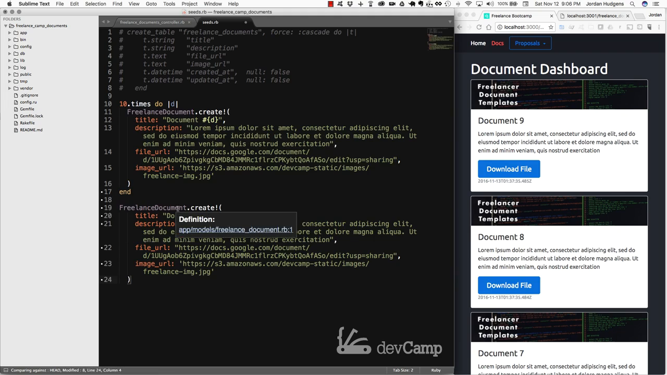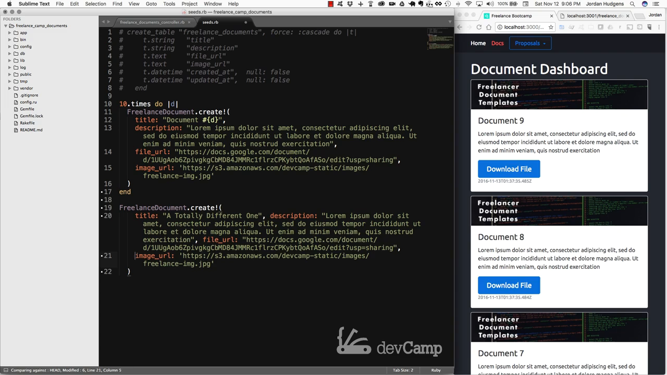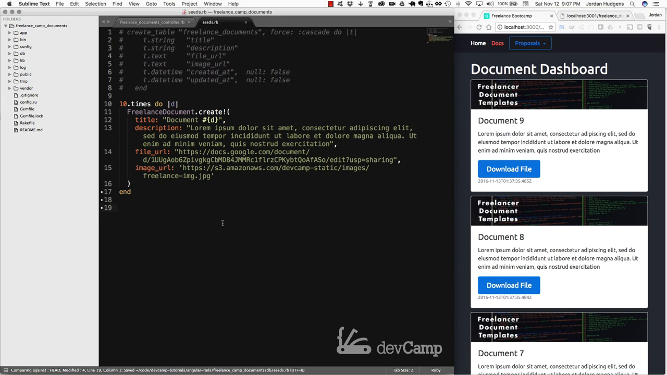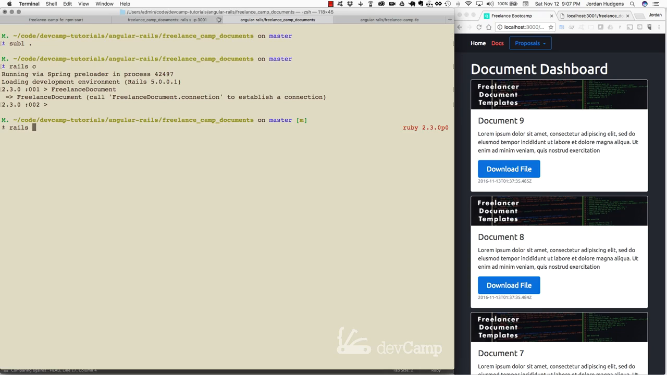So here I have freelance document and I want to create one, and this one's going to be a totally different one. I can keep the description, I'll keep the file URL, but I am going to change the image just because I want to make it really nice and explicit that things really are changing here. I uploaded another image to Amazon, so I'm going to pull this URL right in here. And now I'm going to take this out because I don't want to actually add it to the seeds file. I just want to run it in the terminal. So I'm going to do Rails C,